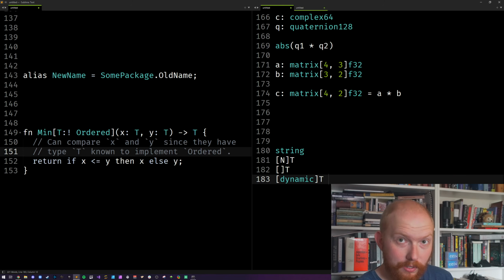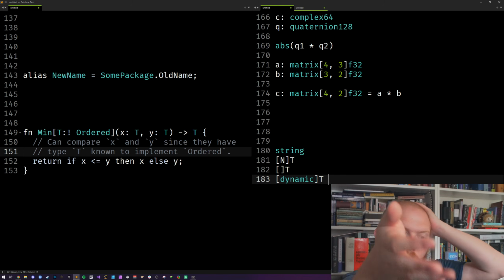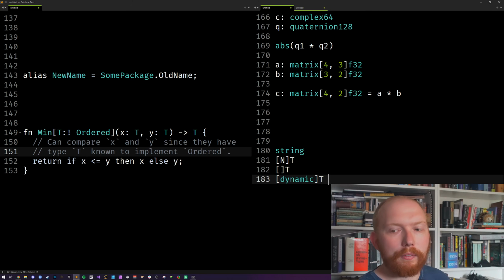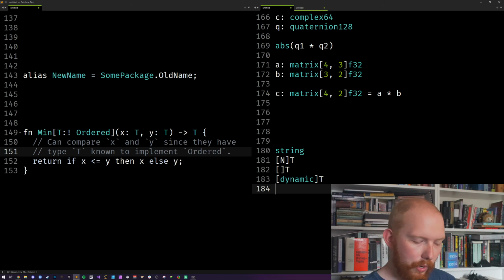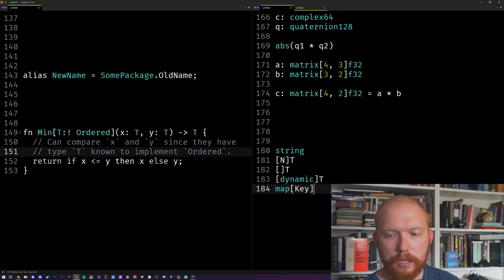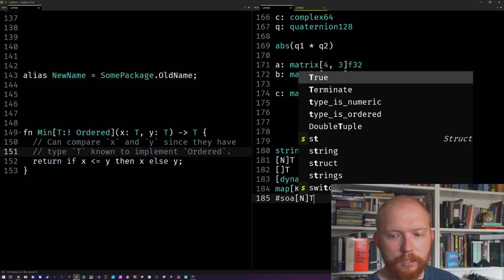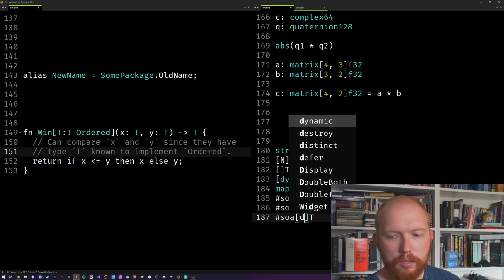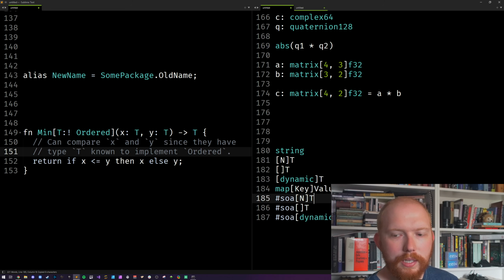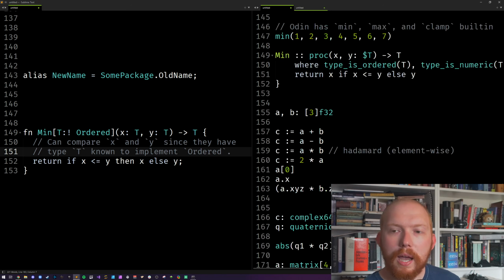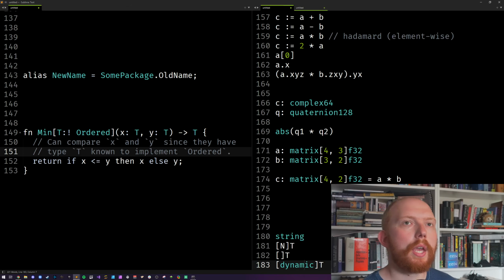These have custom allocators. This is one thing I don't think Carbon even has yet. We have a map type, so we can have a key in there and a value. It's great. We have SOA data types as well as all the rest. An SOA data type is a lovely thing. It means that it stores the data in structure-of-arrays format, built in. So we have pretty much most of the things you need built into the language.